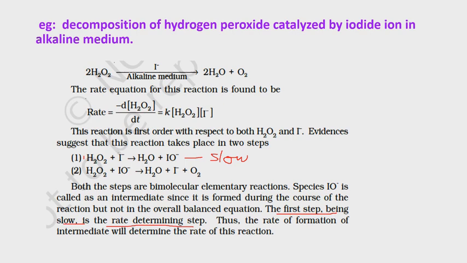So order 1 and here also 1, plus 1, 2 we will get the order. So by using this step only, this is a slow step, rate determining step. So by using step 1, rate has been written here. Yes, rate equal to K into [H2O2] into [I minus]. Okay. So it was written here by using step 1. Why not step 2? Because step 1 is the slow step or rate determining step. It decides the rate. Clear?